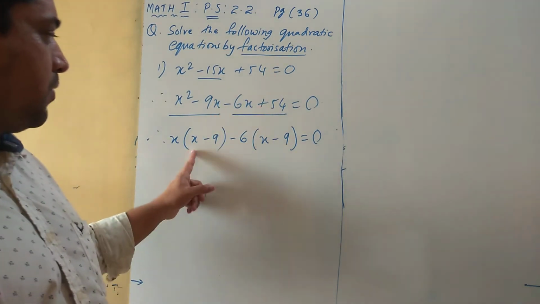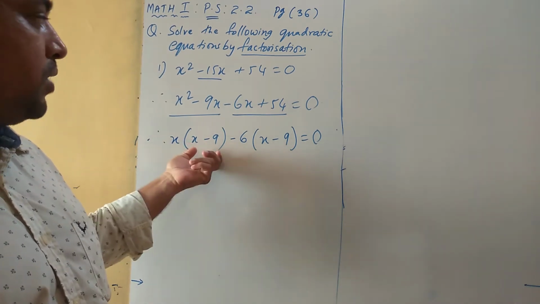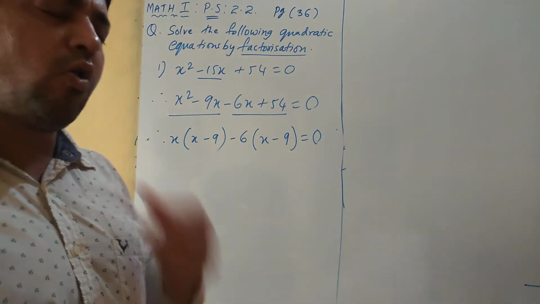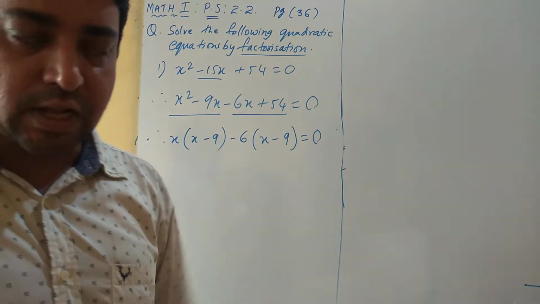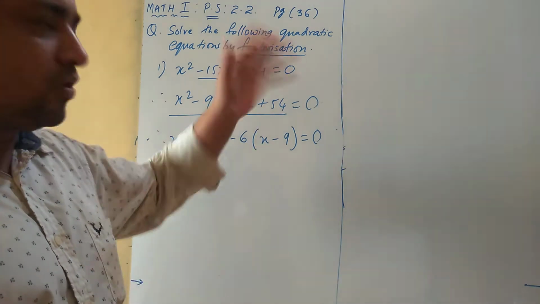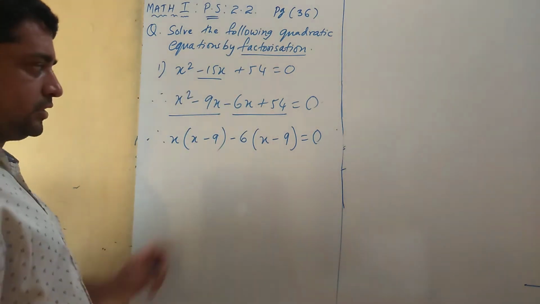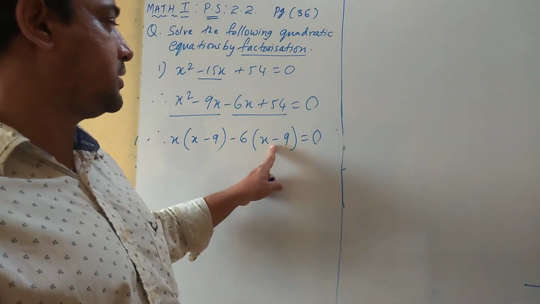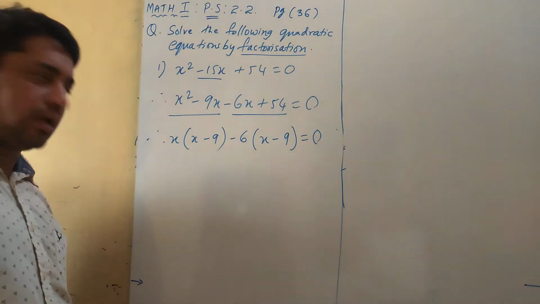One more thing, whatever factor you have got in the first pair, that binomial, the same you get here. Always 100% you should get the same factor, I'll say, not number. Otherwise you have done something wrong. Okay, now here that's it. Minus 6x, minus plus, and 6 9s are 54. Just check you understood. Let's proceed.